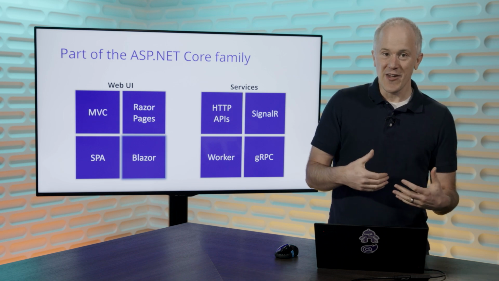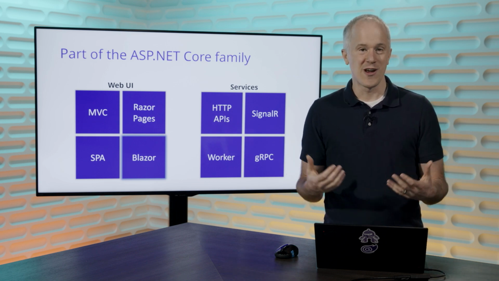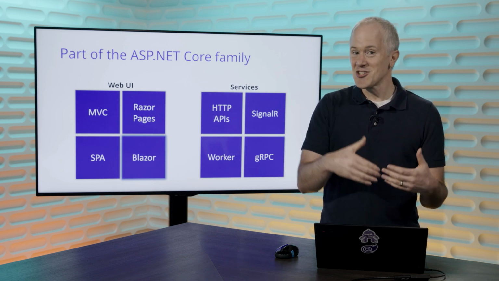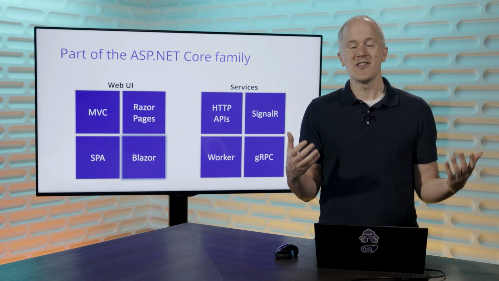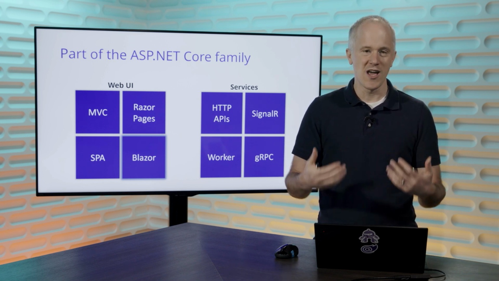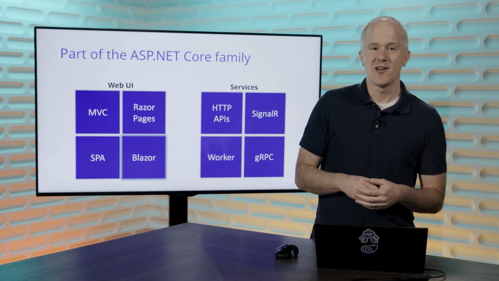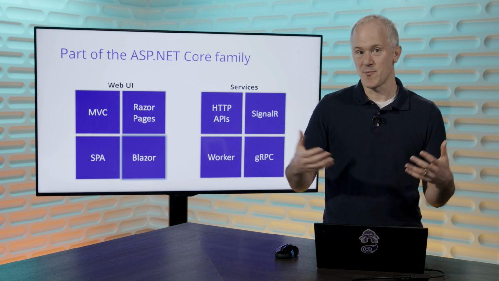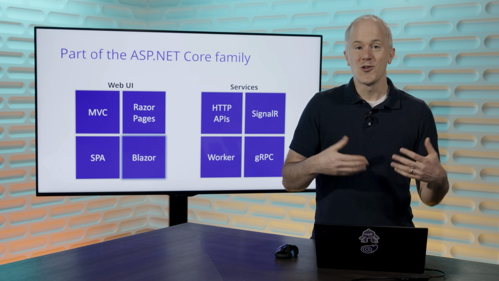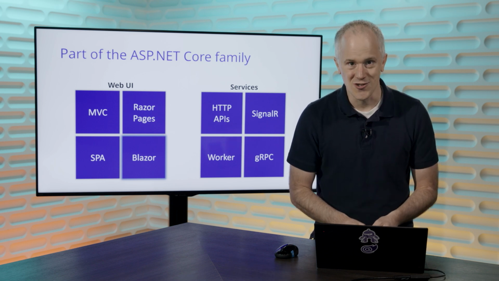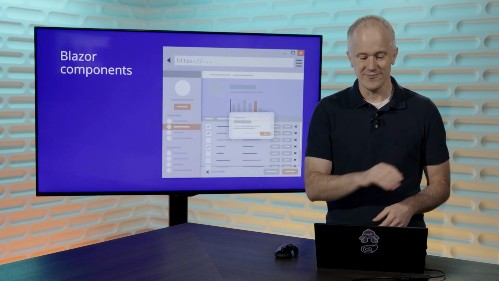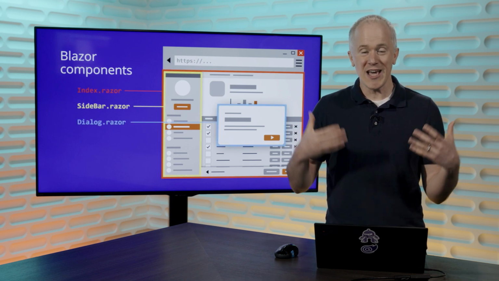Blazor is part of ASP.NET Core, your complete web framework for .NET. With the addition of Blazor to ASP.NET Core, you have everything you need to build modern web applications. ASP.NET Core and Blazor are supported as part of the modern .NET platform, including the recent .NET 6 long-term support release. Now, how does Blazor work? How do you get Blazor on the web?